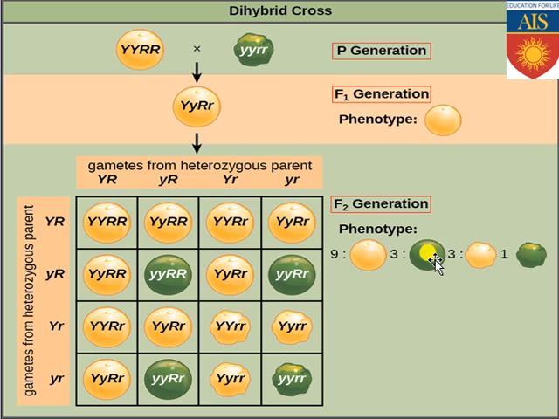Now if we discuss the genotypic ratio, obviously we need to break the phenotypic ratio so that we can get the genotypic ratio. How will we break it? The 9 will be broken into 1:2:2:4. Then 3 will be broken into 1:2. Then this 3 will be broken into 1:2, and this one is kept like 1. So the 9:3:3:1 ratio will be broken in the form 1:2:2:4:1:2:1:2:1.